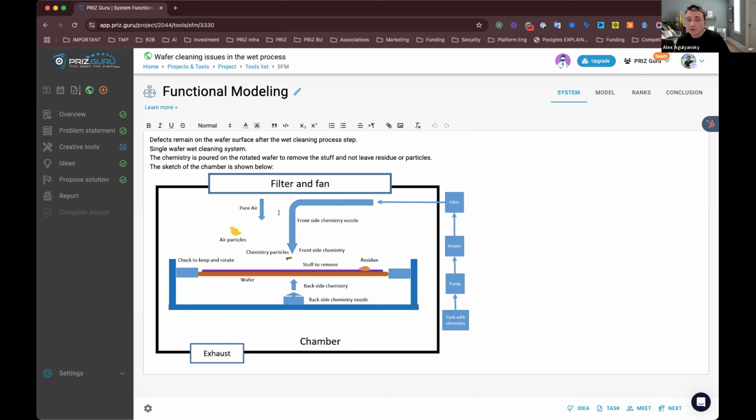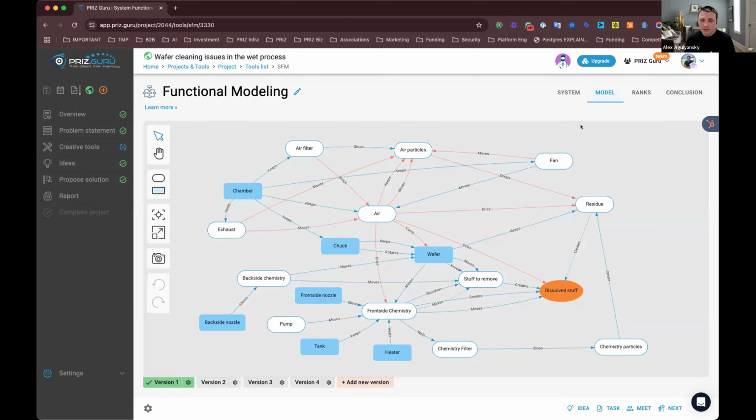And this is where functional modeling, or process functional modeling, comes into play and can be very helpful. Again, in here, we encourage people to describe what system they're going to be analyzing, and then build the functional model. This is just one example of such a system. A functional model, of course, helps us to understand how the system functions, and it helps us to model the failure many times that we are experiencing right now.